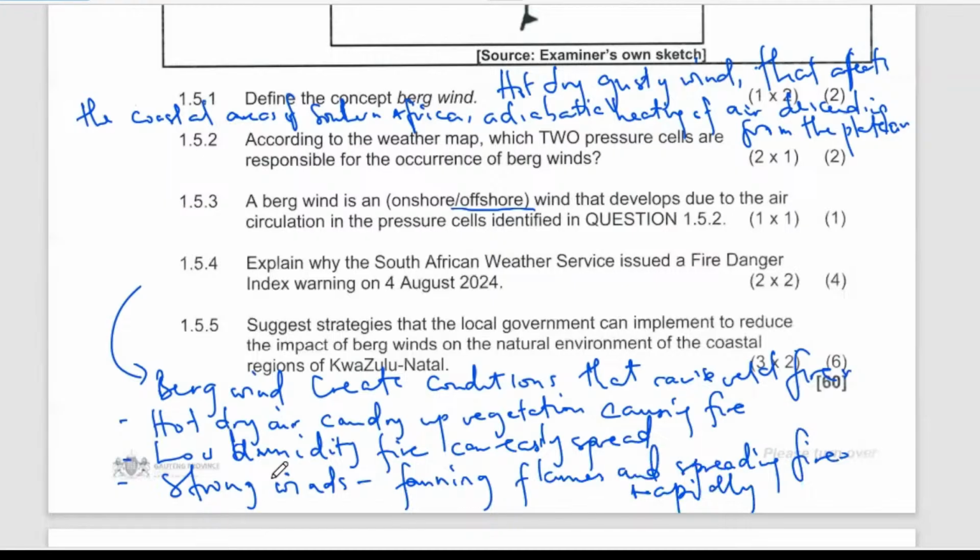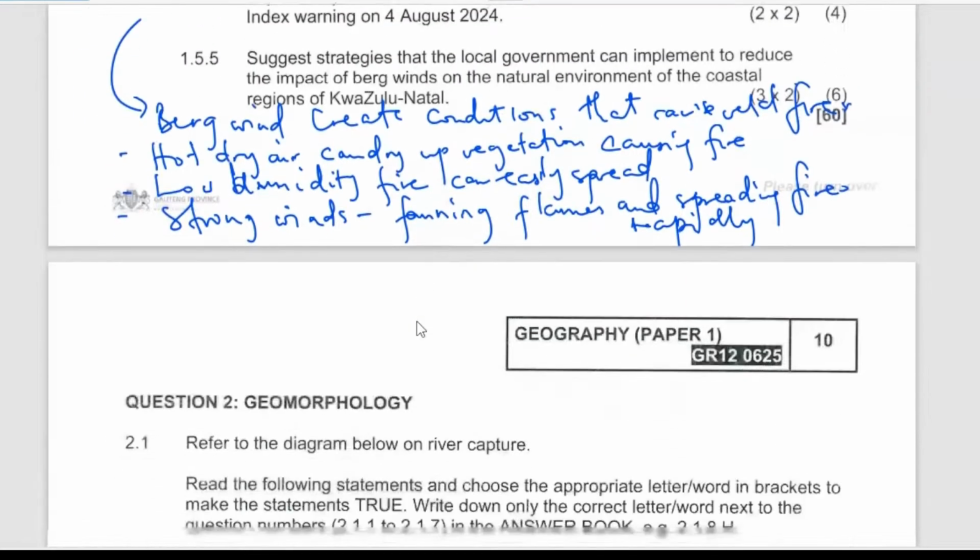And because of low humidity, the air that will be blowing in a Berg wind condition will be dry winds, and those dry winds can facilitate fire to easily spread. And also because the winds are strong, they can fan the fire, and the fires can become very wild and spread rapidly. Right. Then the next question is saying,